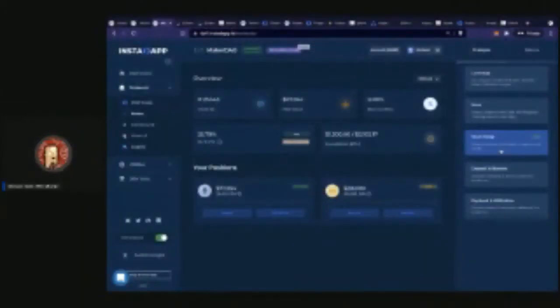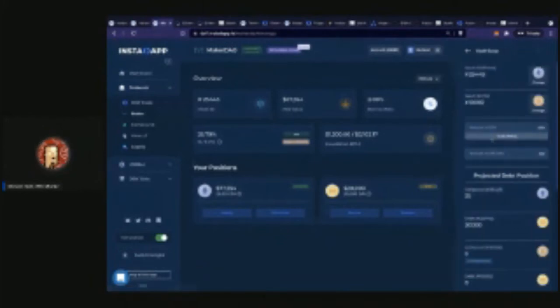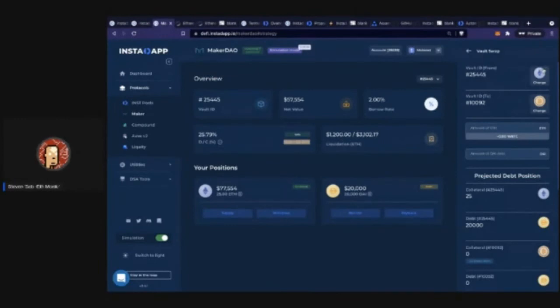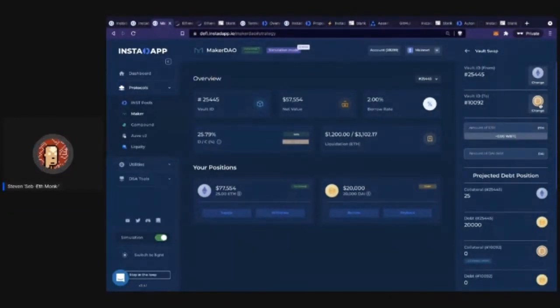split this vault or separate it out or do like a collateral swap. You'd actually have to swap the vault. So you can go into this page and basically have better tooling available to manage your Maker position. So one of the things we could do is take this new vault and split that debt with the old vault that I had, or we could create two vaults.